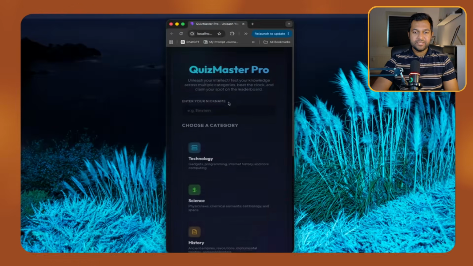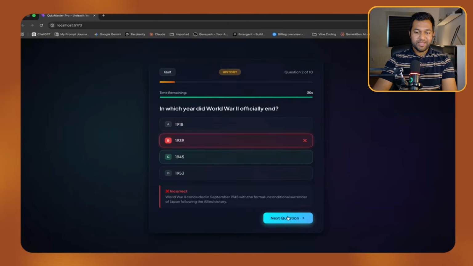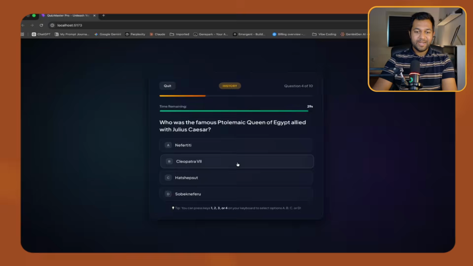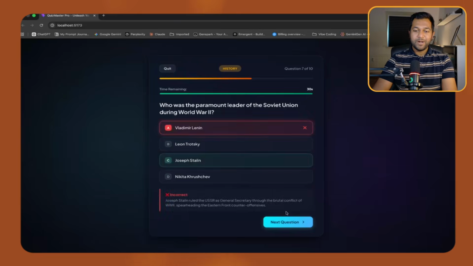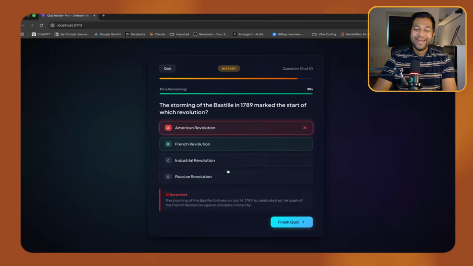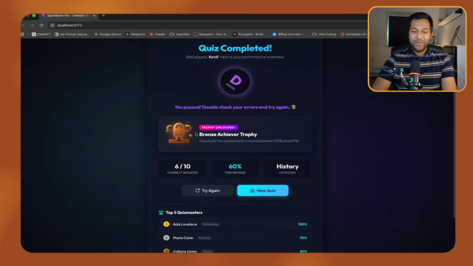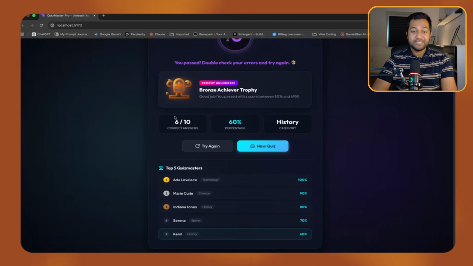Now let's test it together quickly. I'll be very fast so it will not spend too much time. I will select my answers randomly and let's see if it will generate a badge or not. But you got the idea what I'm trying to do here, right? Oh, by fluke, I'm getting a lot of good answers. Perfect. We now have badge, trophy unlocked, bronze, achiever trophy, and I got 6 out of 10 correct answers, 60%